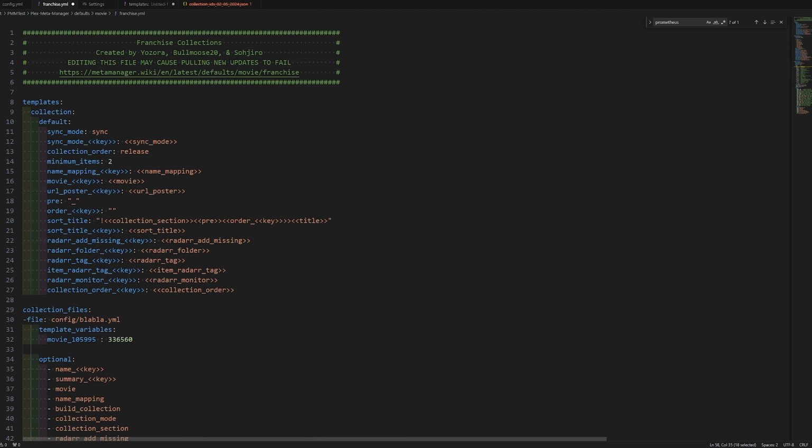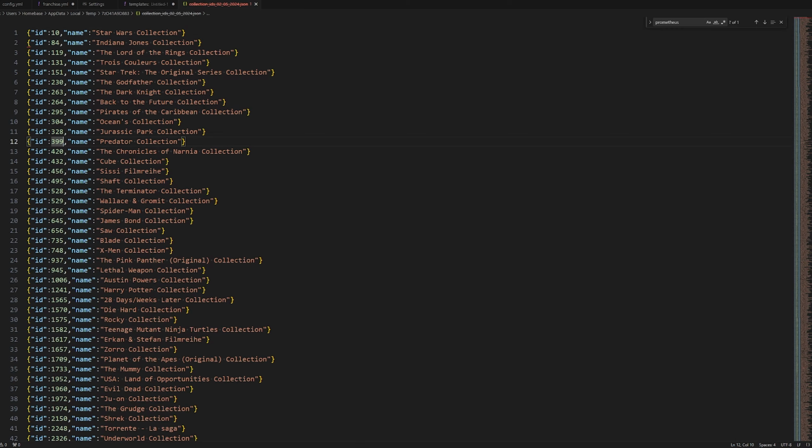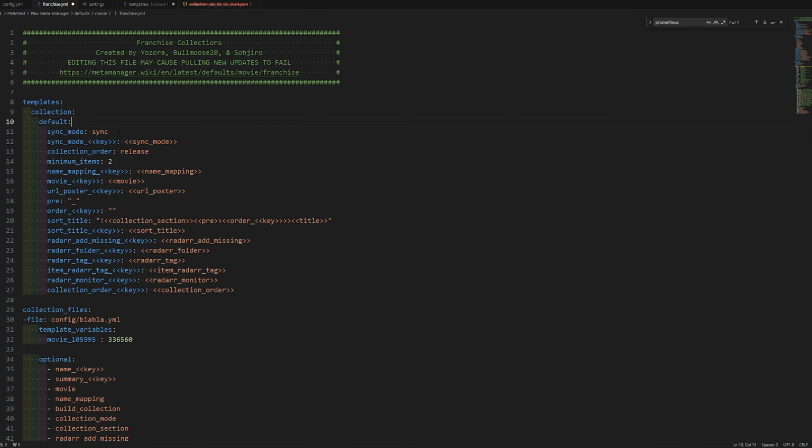So it looks in default sync mode key, and then its value is defaulted by another template variable called sync mode. And if you look above it, sync mode has a value of sync. So it's doing sync for anything that isn't defined. Okay. So if it's not specifically user defined, it means run every collection ID and give it the default sync mode of sync. Unless